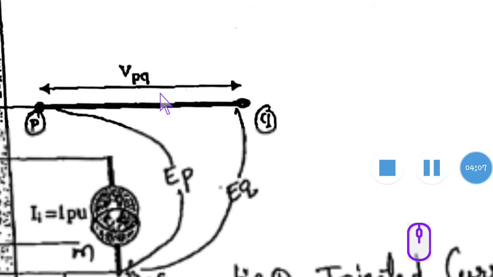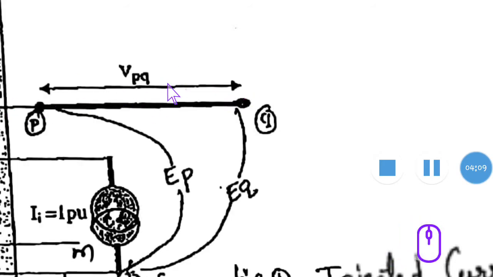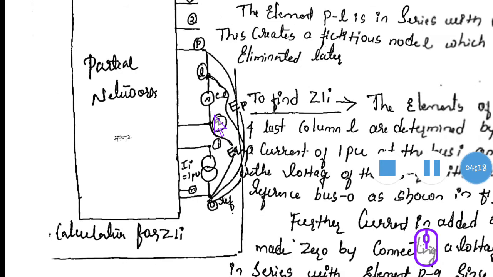If you are taking addition of branch, the voltage between P and Q will be VP minus VQ. But now we are doing the derivation for a link, where Q belongs to the partial network. Now you have to find the voltage between PQ, but L is there here. Therefore, EP minus EQ minus EL is equal to VPQ. Or you can find that EL is equal to, you can find here.